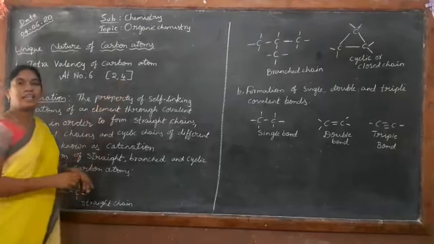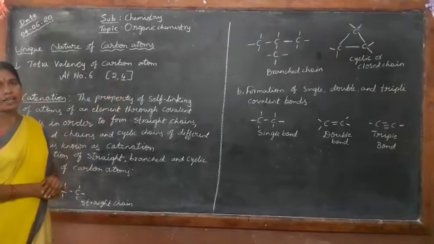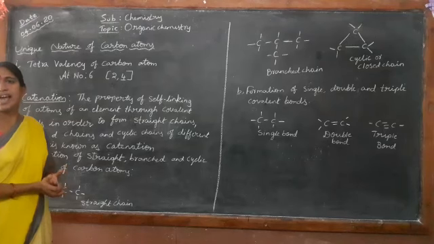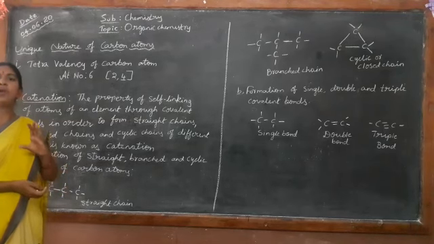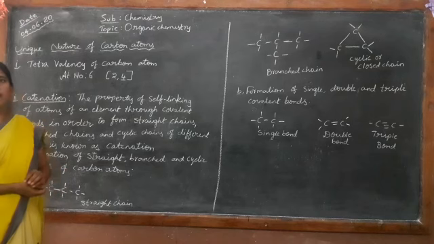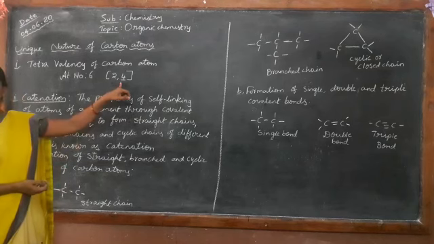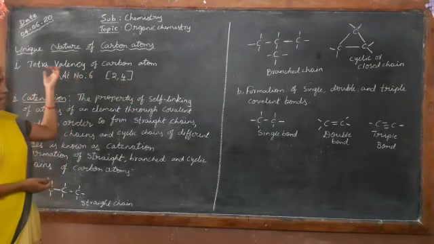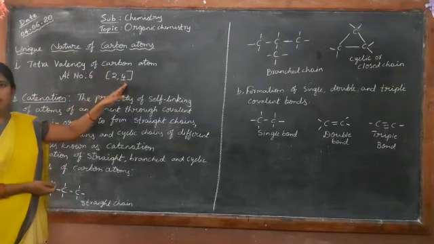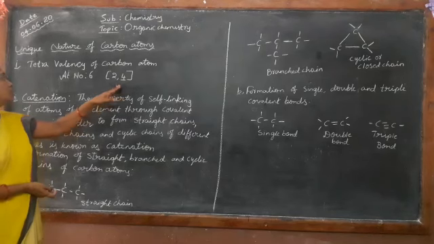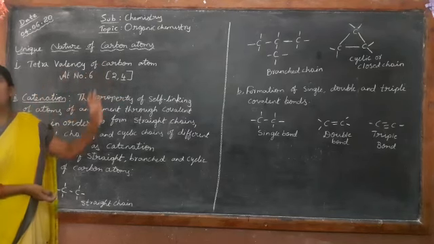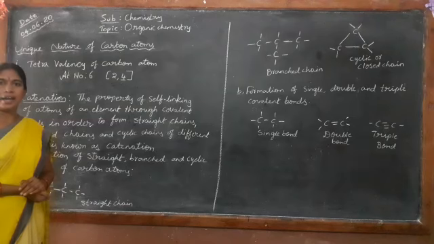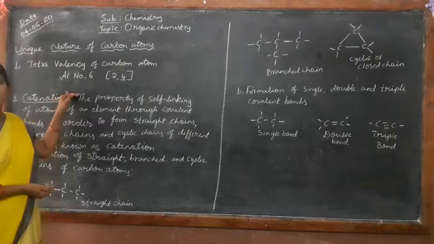So this carbon neither loses the electron nor gains the electron. So it will form the covalent bond. What is the meaning of covalent bond? Yesterday we discussed that the formation of covalent bond takes place because of the sharing of the electrons. So this carbon atom is ready to share 4 electrons. Due to that nature, as it is ready to take 4 electrons, we call it tetravalency of carbon atom. It will share 4 electrons with any other atom. So this is one of the unique natures of the carbon atom.